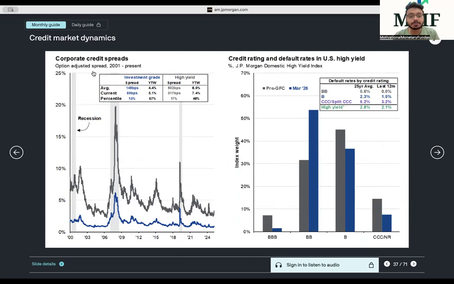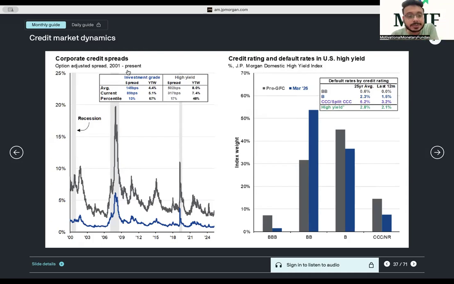What's an option adjusted spread, OAS? A separate video is there on YouTube where I've explained the different types of spreads. Z spreads, option adjusted spread, spread to worst. All these things have been talked about. Watch that video. But just to tell you in a nutshell, the corporate credit spread is simply the difference between a 10-year corporate bond or a 2-year corporate bond minus a risk-free government bond. If this spread is wider, if this number is higher, it means the risk in the market for that particular category of bond is high.